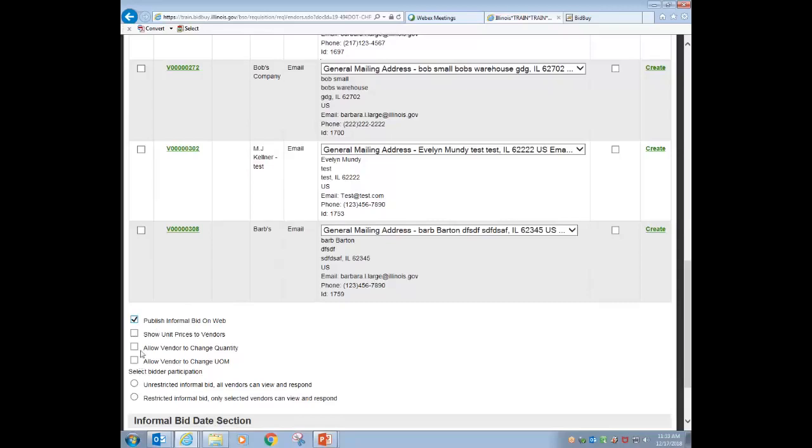And so in most cases, the only thing you're going to be selecting is this publish informal bid on the web. And then the other step is to select your bidder participation. And there are 2 options there. So if you're doing an informal quote, small purchase, and you're only soliciting a select group of vendors,